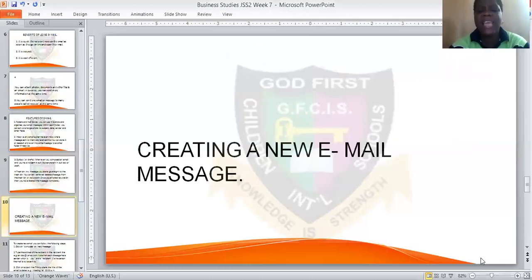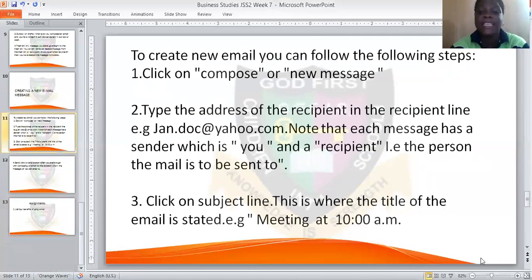How do we create a new email message? Let's look at how we create a new email message. To create a new email message, follow these steps. Number one, you click on compose or new message. You type the address of the recipient in the recipient's line. Take for instance,